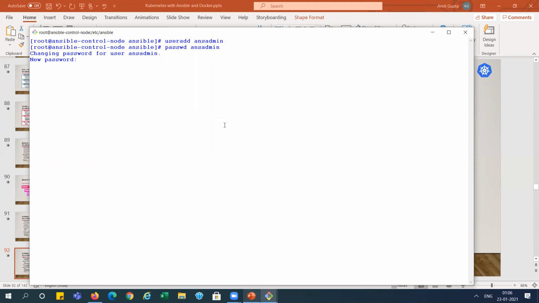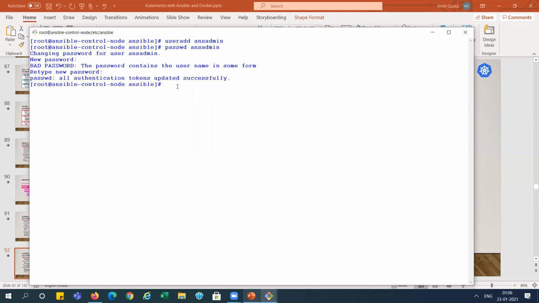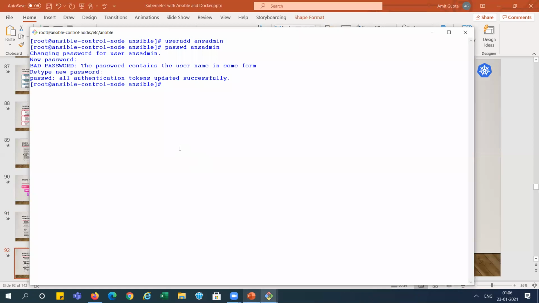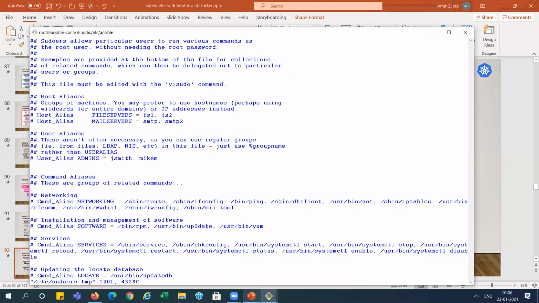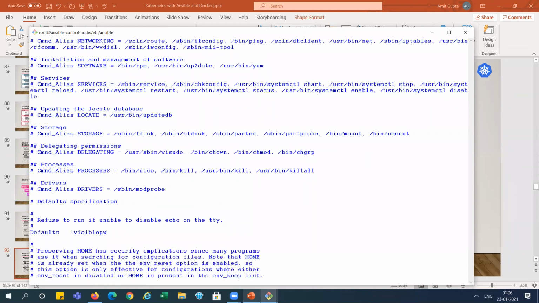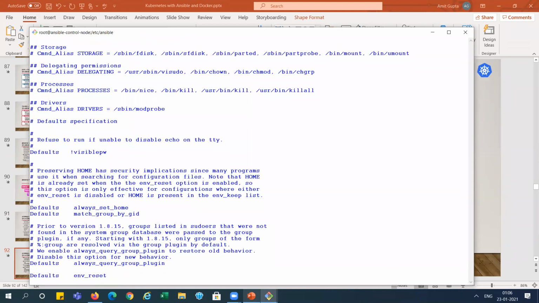I am giving the same password, ansadmin. The user is created successfully, right? Now we need to give the ansadmin user sudo access. We are going to add it to the sudoers file.